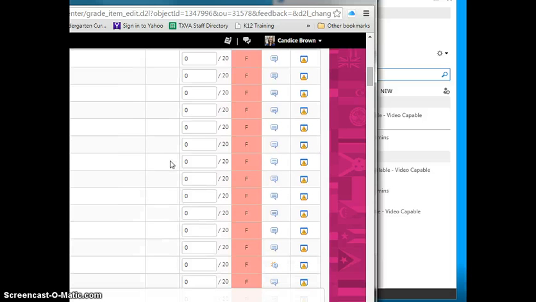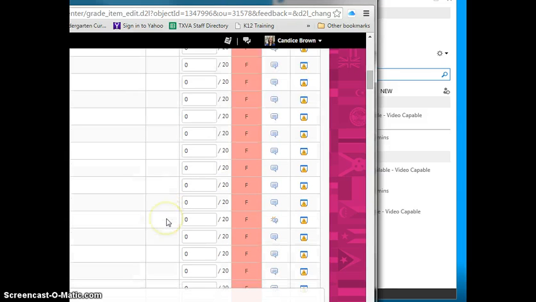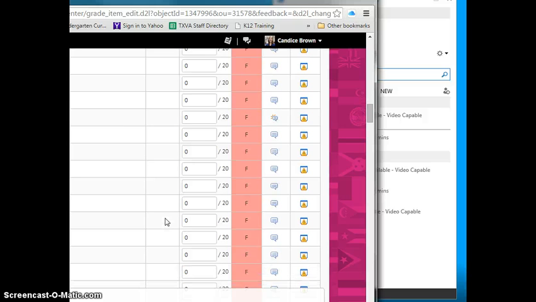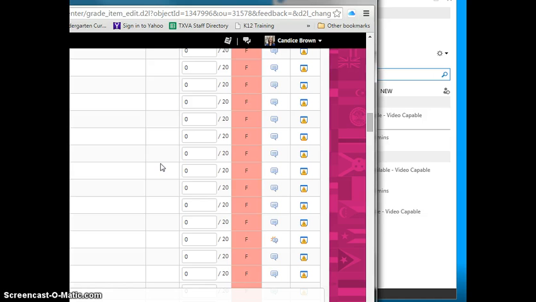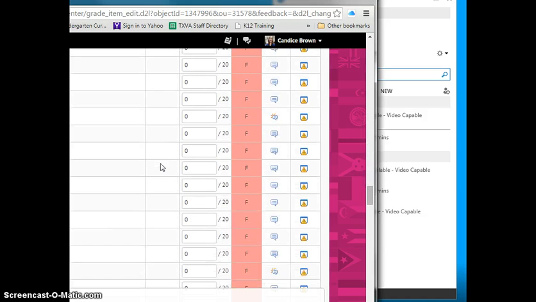And what I'm going to do is make sure this is on 200, and I'm going to scroll down. You can see some of them I've looked at and they have something by them already that I've put in place.